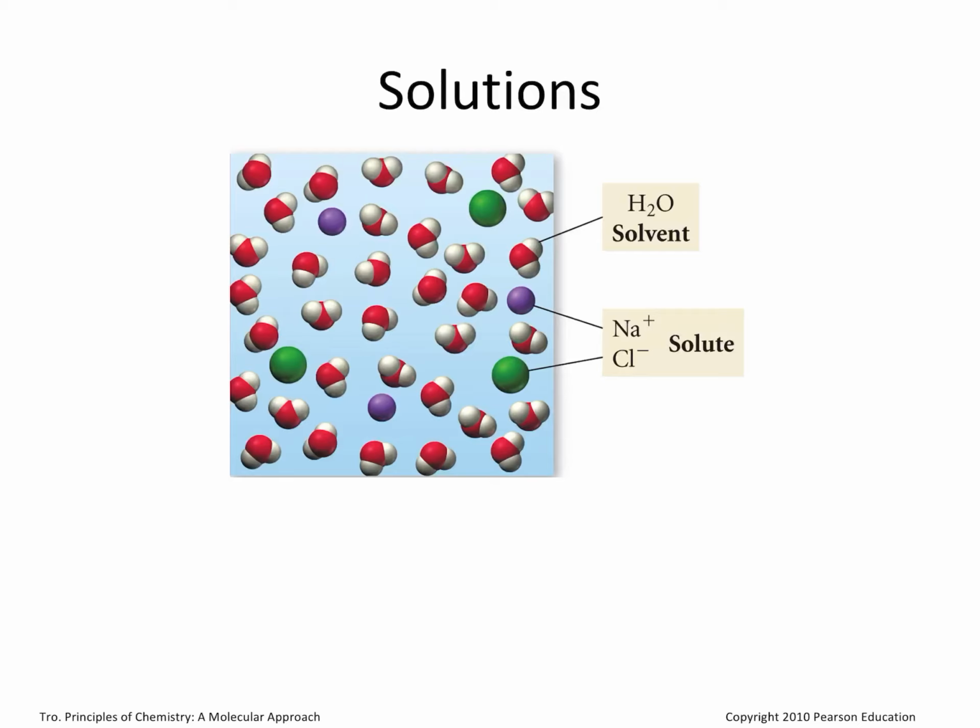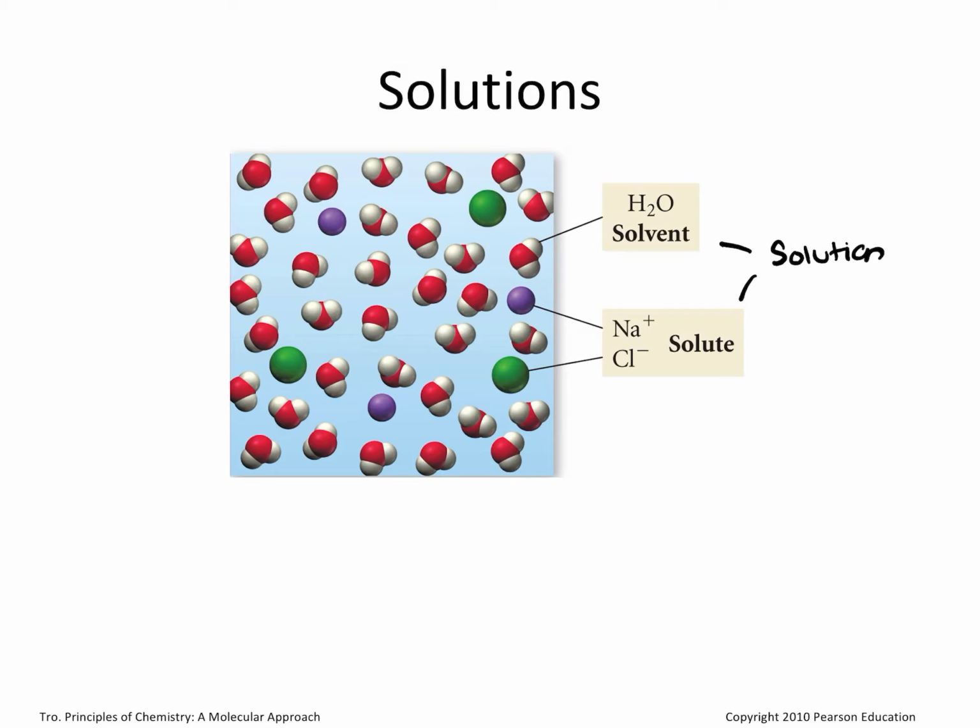Chapter 13, Solutions. So let's think about what a solution is made up of. A really good example is salt water, seawater, right? So what is salt water made up of? You have the solution, which is the salt water, and it's a homogeneous mixture of salt and water. Now, it's homogeneous because when you're looking at a glass of salt water, you don't see the salt in the water. Since salt is aqueous, it is dissolved into the water. But salt is still there and water is still there. So you have a solution that is made up of